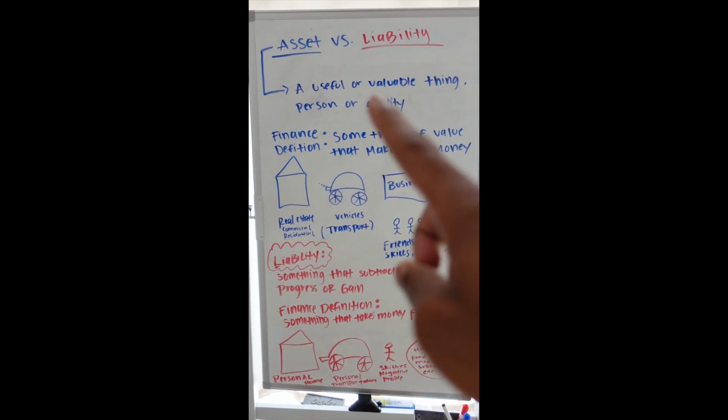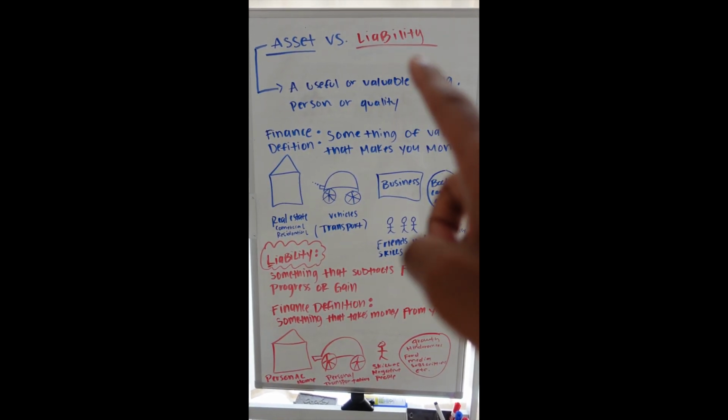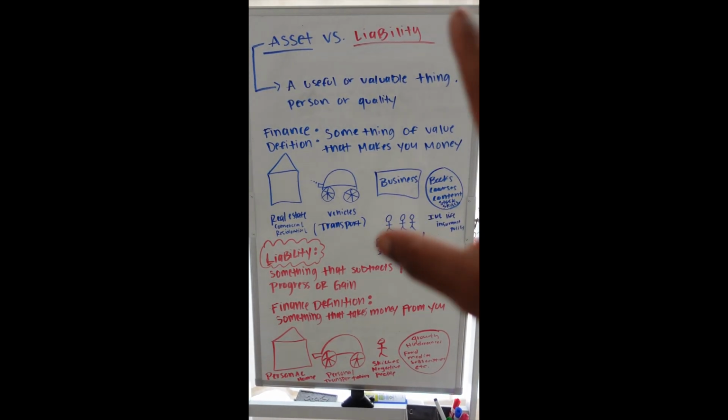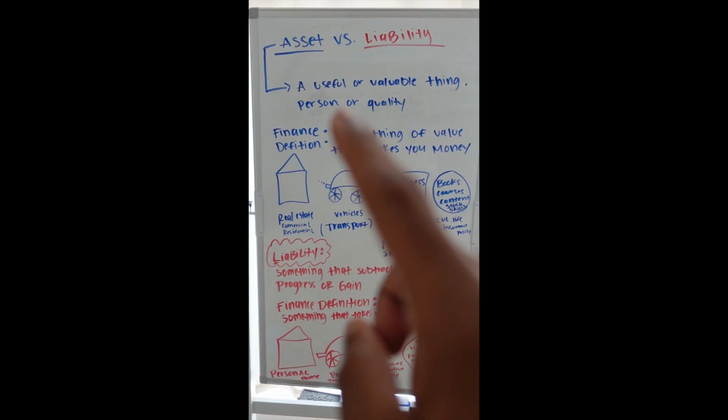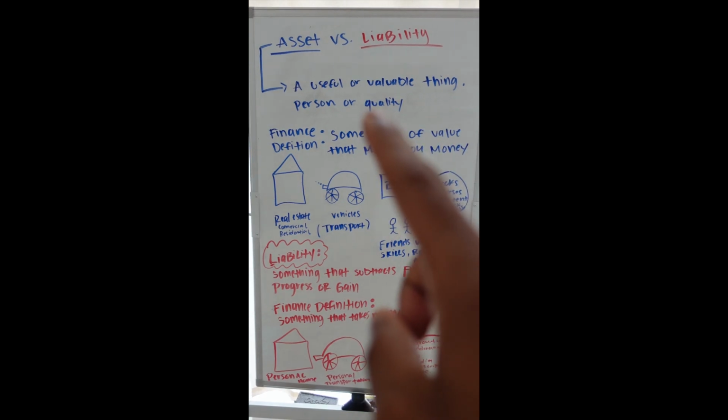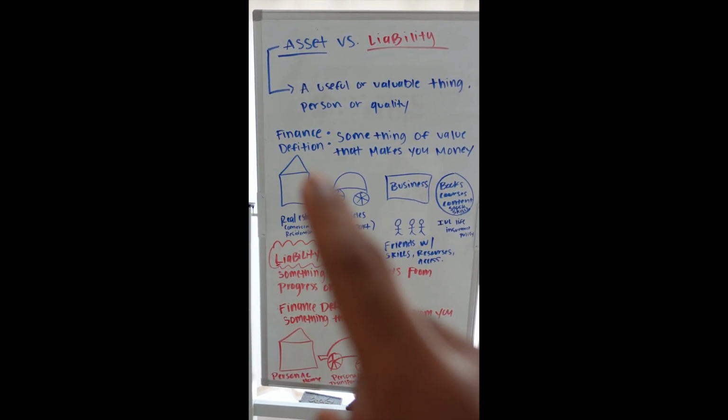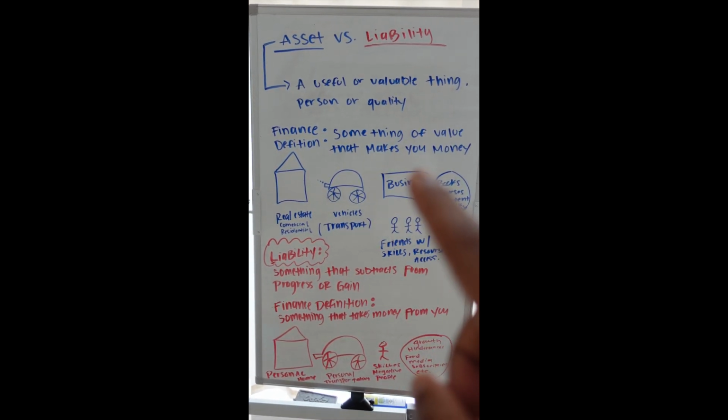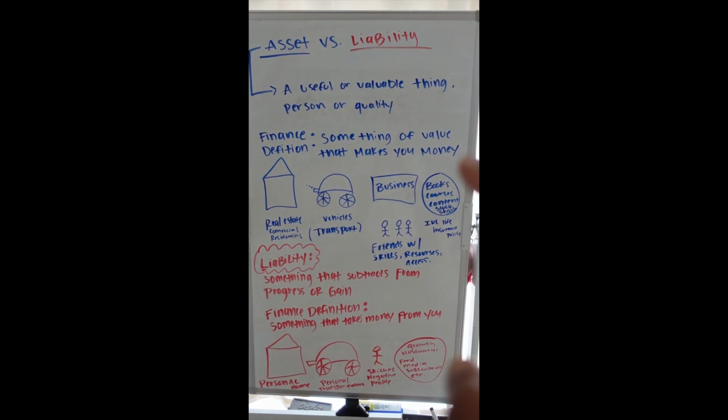I put the assets in blue, liability in red. Try to think of the red as something bad or like a big warning sign. So what is an asset? An asset is a useful tool or valuable thing, person, or quality. The financial definition would be something of value that makes you money, something that's paying you every month, putting money